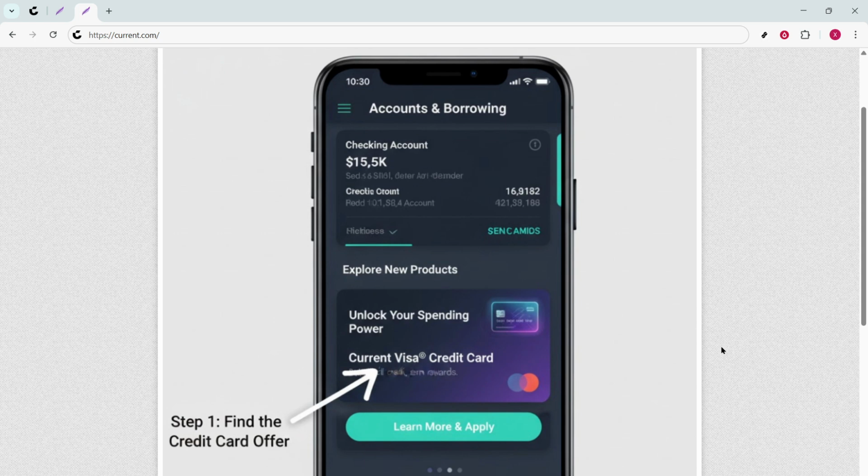Next, wait for approval. Some decisions are instant, others take longer if additional verification is needed. Keep an eye on your account and email for status updates or requests for more information. Avoid submitting multiple applications with different issuers at the same time, as that can impact your credit profile and slow things down. When you're approved and your card arrives, activate it using the method provided in your online account or